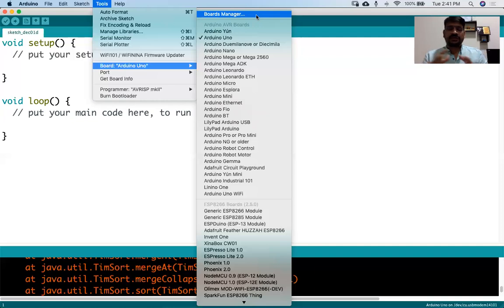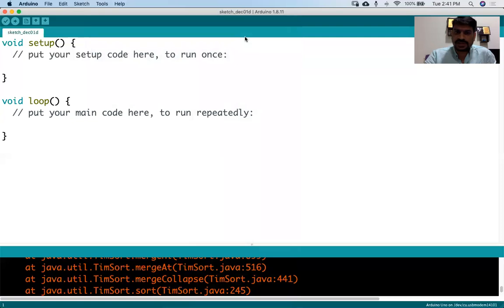As I told you, for every microcontroller we use, we have to install the supportive library into the IDE. Here we have Arduino Uno, which we are using. We'll just select it, and it has already been selected here.